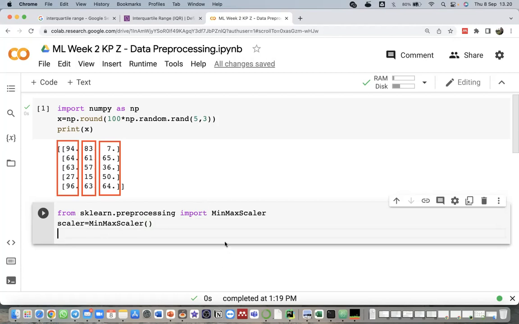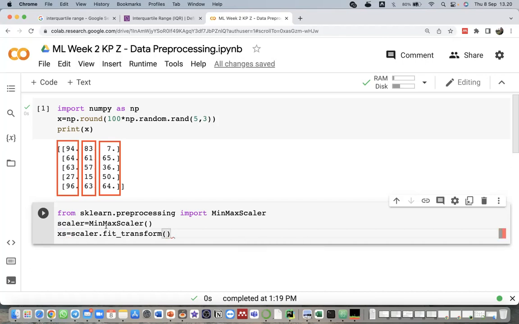So I will create xs, which means the x after we scale it, after we scale it to 0 to 1. In this case, I want to scale it to 0 to 1. Okay, xs equals scaler.fit_transform.